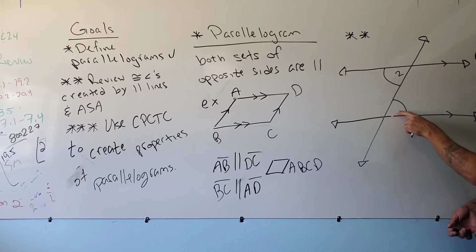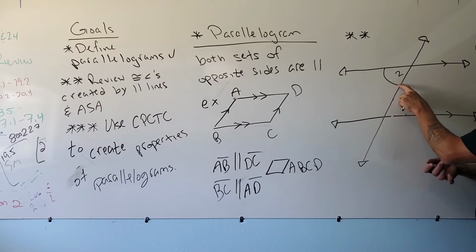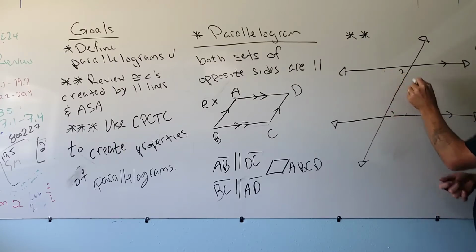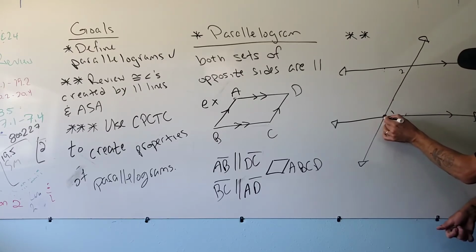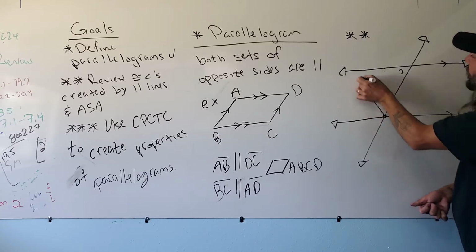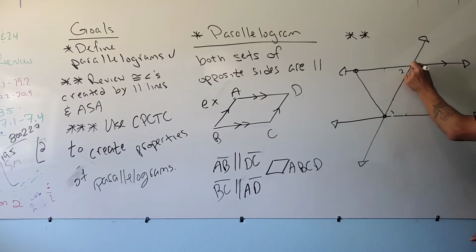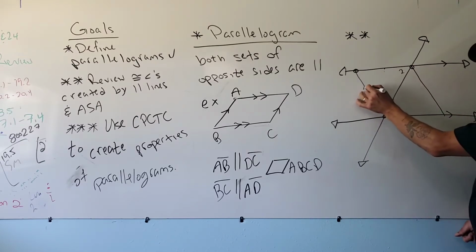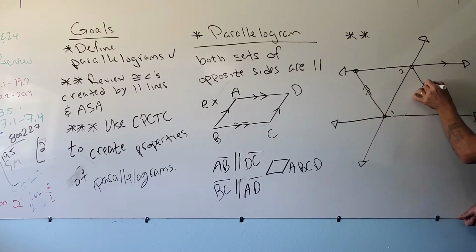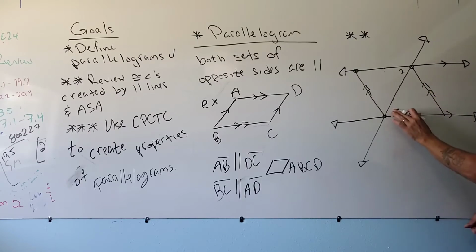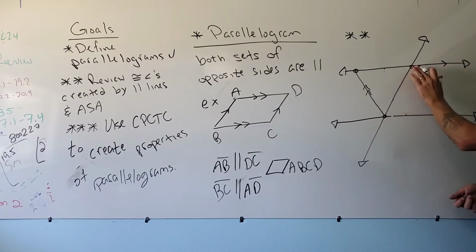All right, so let's see here. Let's get rid of this for a second. So we know that angle 1 is the same as angle 2. Now if I was to take a line and draw it out in this direction, and do the same thing over here and then draw it in this direction, and if I drew them in such a way that I knew that this was parallel to that and this was parallel to that,